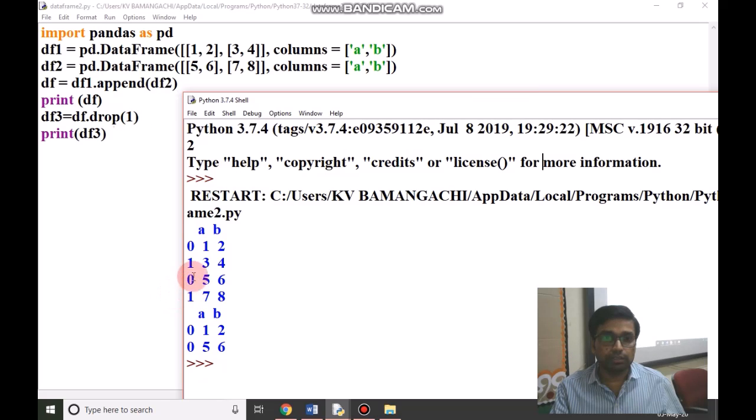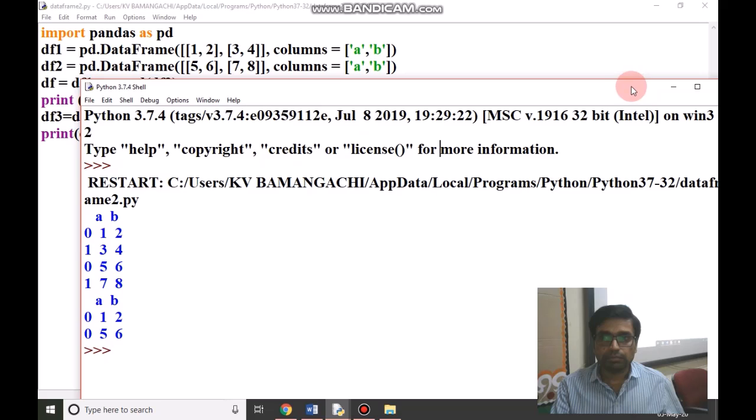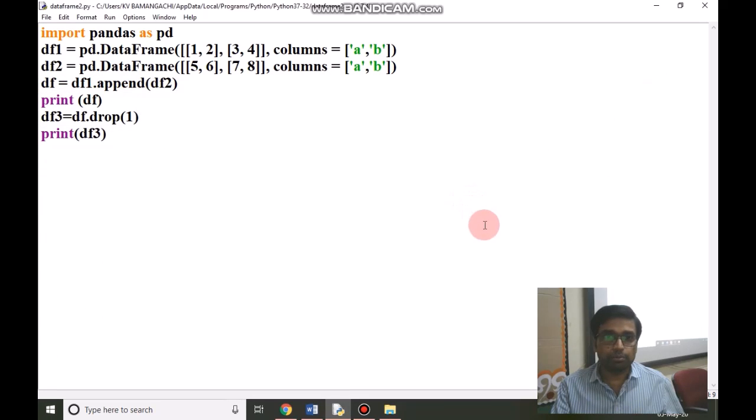Drop 1, label 1, this row will be removed from the data frame, and only the remaining data frame with the label 0 will be printed here. So we have removed or dropped rows from a data frame.